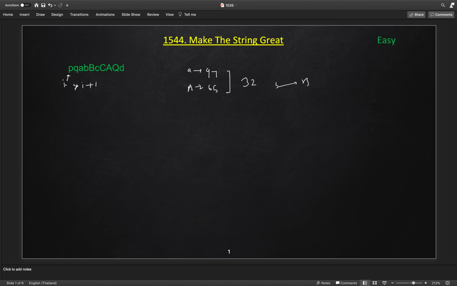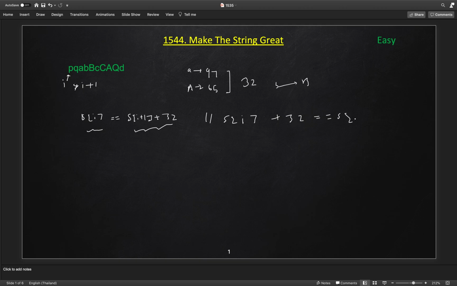When we are processing i and i plus 1, we will check whether s[i] is equal to s[i+1] plus 32, meaning this character is small case and the other is capital case, or the other way around, s[i] plus 32 equal to s[i+1], where the first character can be capital and the second can be small.